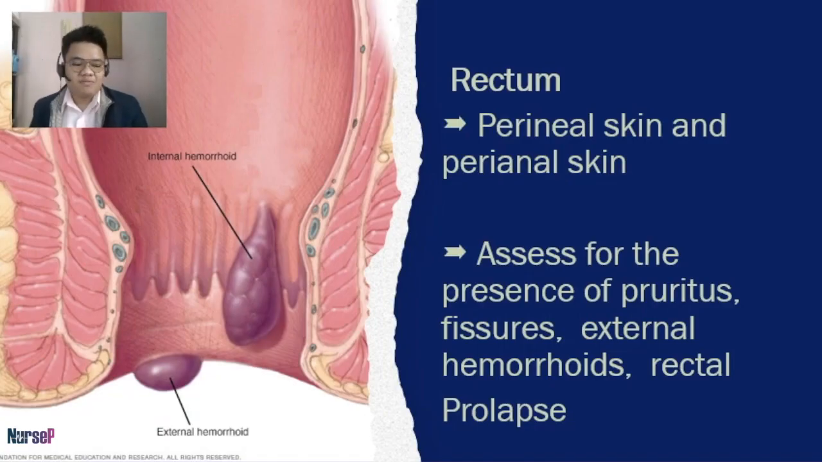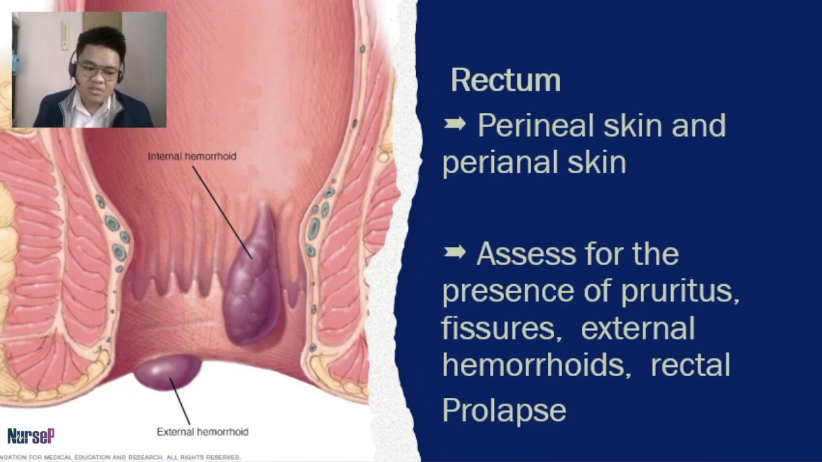Then, assessment of the rectum. Although it is not common in our culture to assess the rectum, a comprehensive assessment would entail its inclusion. Okay, so rectum, that would involve assessment of the perineal skin and the perianal skin. Class, the perineum is a common site for irritation among your patients. Then we assess for the presence of pruritus, which may indicate infection, assess for the presence of fissures, and then